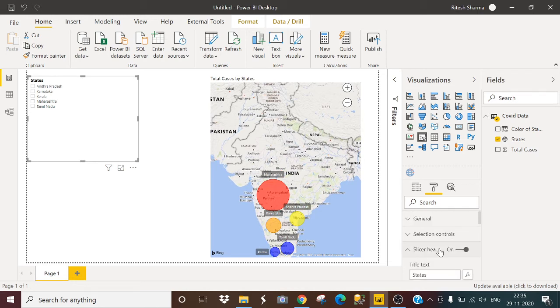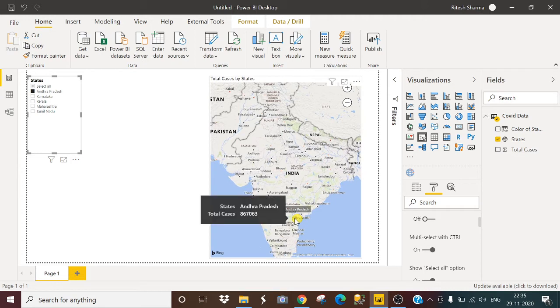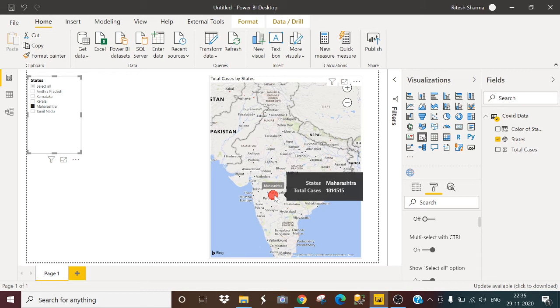I will make this selection control and turn on the select all option. Now, if I am selecting Andhra Pradesh, it is showing me Andhra Pradesh data, and if I select Maharashtra, it shows me Maharashtra data. But along with this, I want the title to also change dynamically.